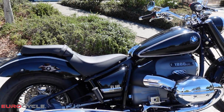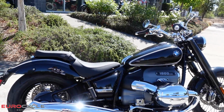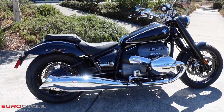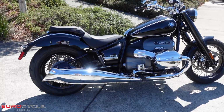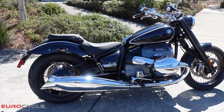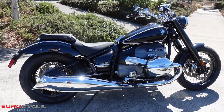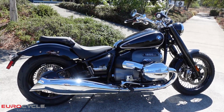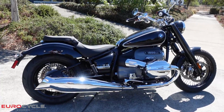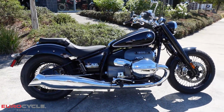Seat height: there are about 6 different seats that you can get for this thing. This standard seat height, basically from there to there, you're looking at 27.2 inches. I believe the comfort seat is the highest at 29.5 inches, and the lowest goes down to, I believe, 26.5, so about an inch lower. And this bike, oh boy, weighs a whopping